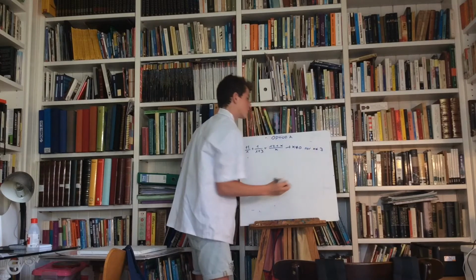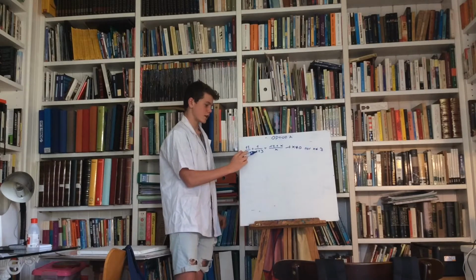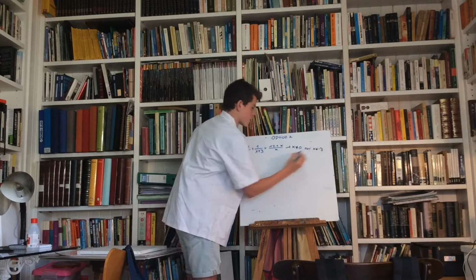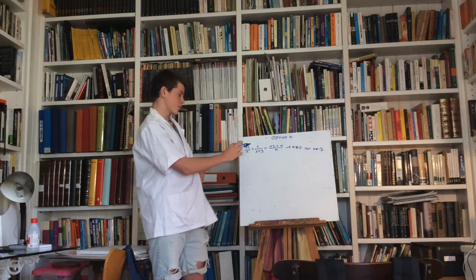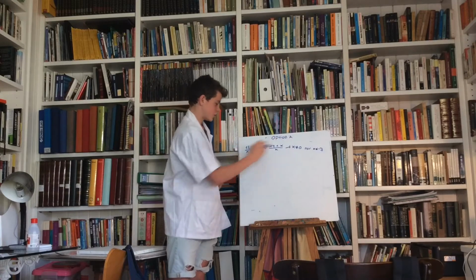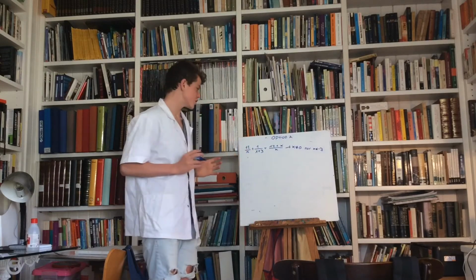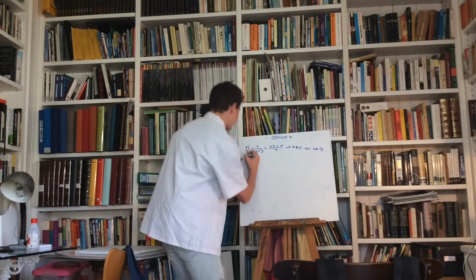3, because minus 3 would make this 0, and 0 would make this 0. Bring the whole equation to one side. So we have